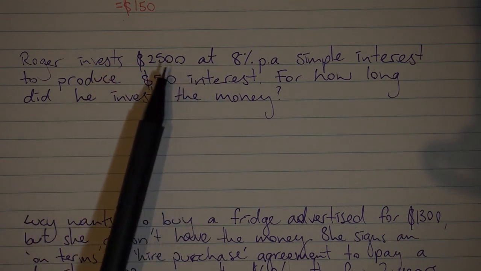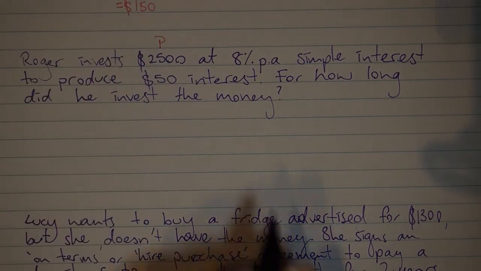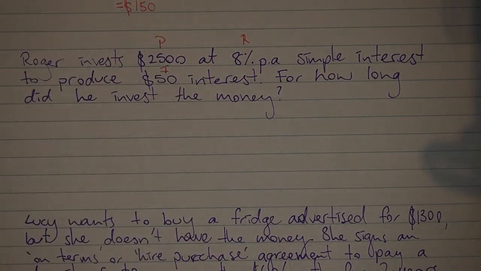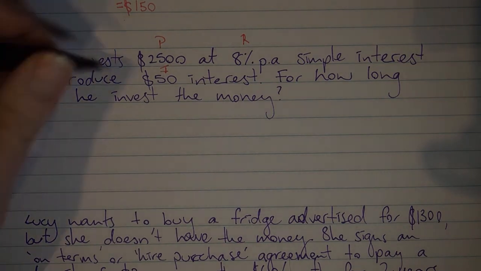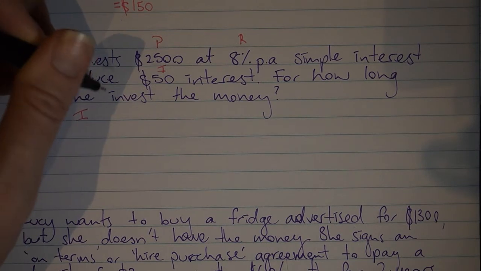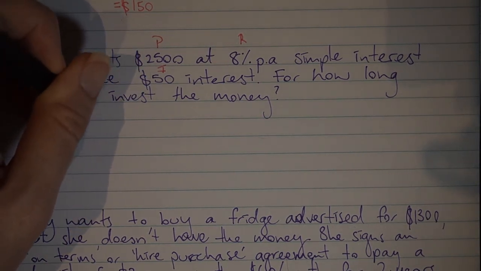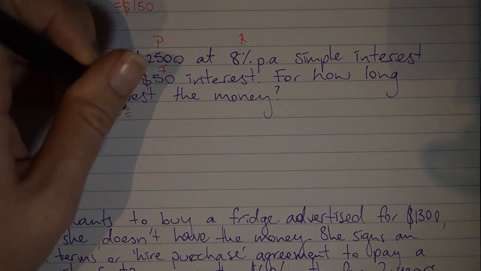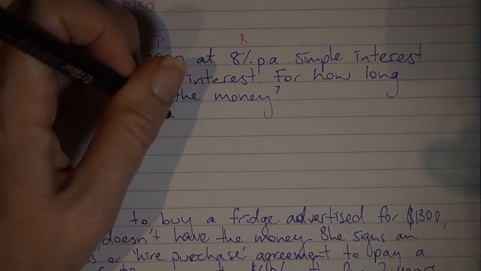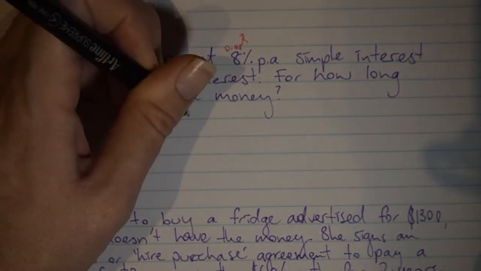So in our question, we've been given the principal amount, so that's our P. We've been given our rate, and we've been given I. So what we want to find is N. So I'm going to write out my values as we know them. So I've got 50 is equal to, my principal is 2,500, multiplied by my rate, of course, is 0.08